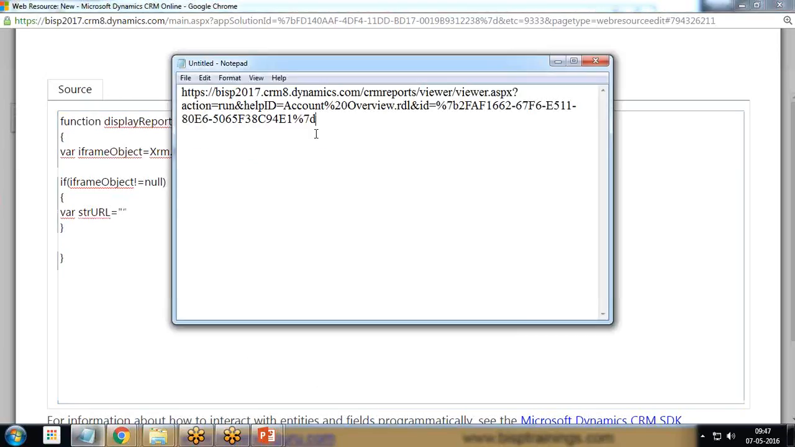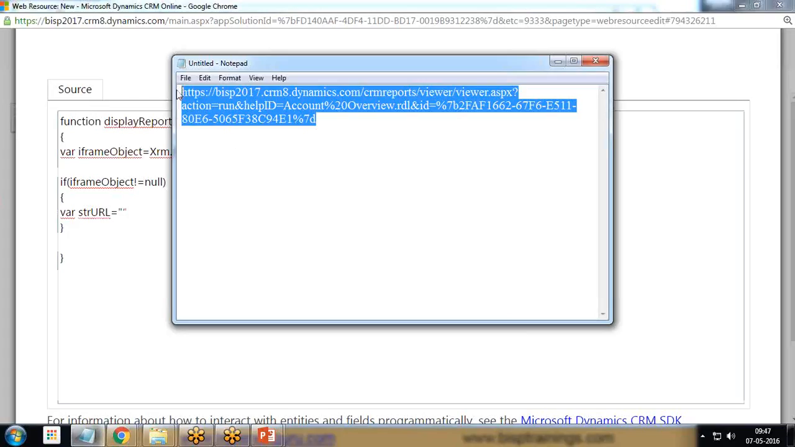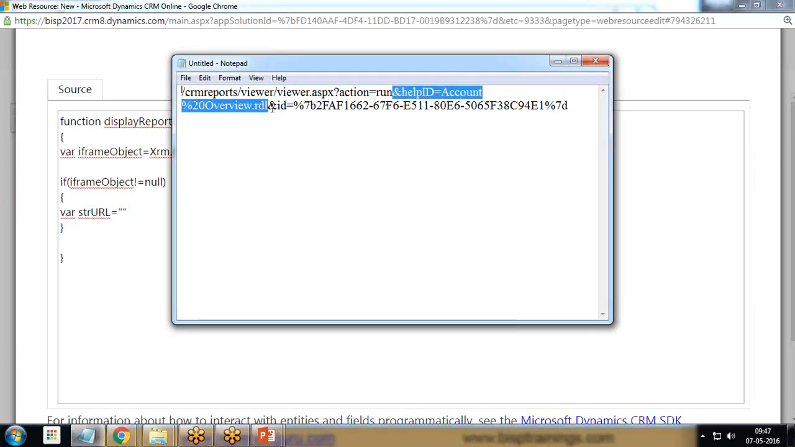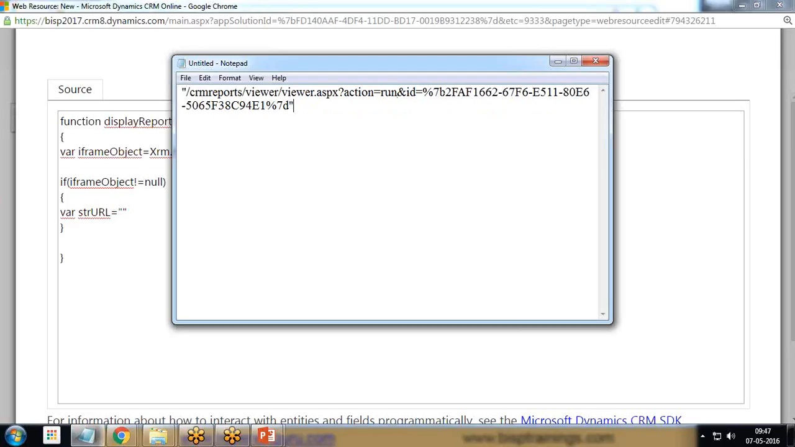So what we are doing is, the URL which we copied just now, I copy this URL, but there are some changes required. We don't need this complete path, so I'll just remove this path. CRM reports viewer.aspx action run and help ID account overview. I remove this, and ID is equal to, that's the ID,